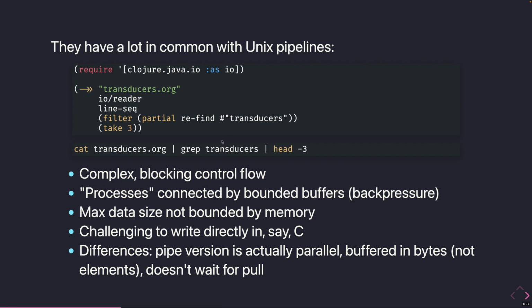So we have a similar notion of laziness. It's not element oriented, it's byte oriented. But in the same way, we can process an extremely large file. We're not going to blow out our memory here, right? We're going to read a bit, we're going to grep that, we're going to send to head, and if head